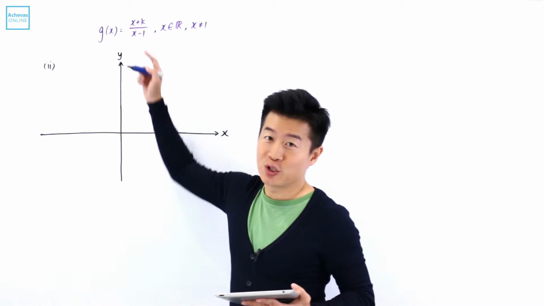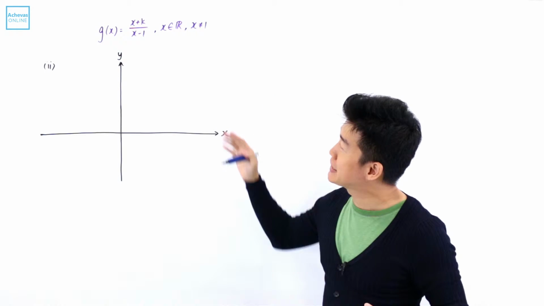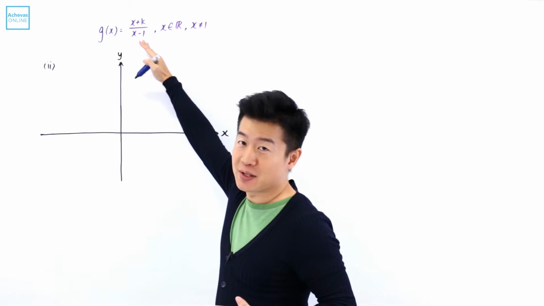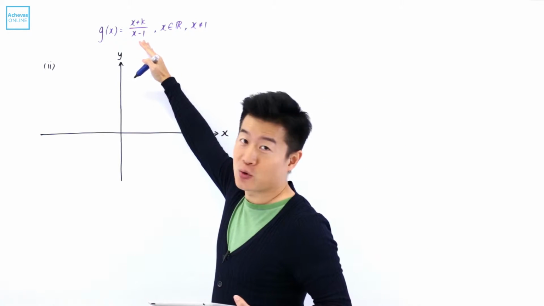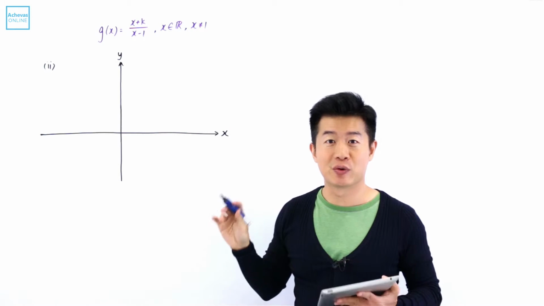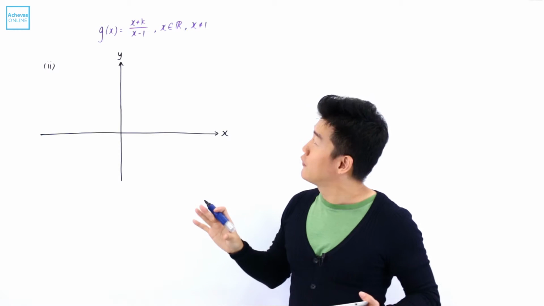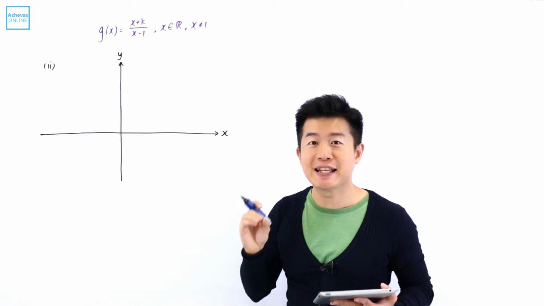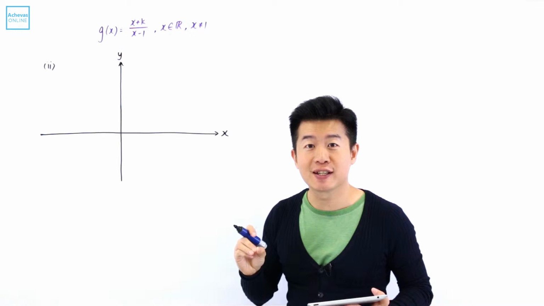With k given to me as a positive value, we want to sketch the graph of g(x). Like what we have discussed in part 1, this is a graph of a rational function, and it is the second type of graph of a rational function that we have discussed in our outline. For this kind, there's going to be a horizontal asymptote, and we can very easily deduce the horizontal asymptote by